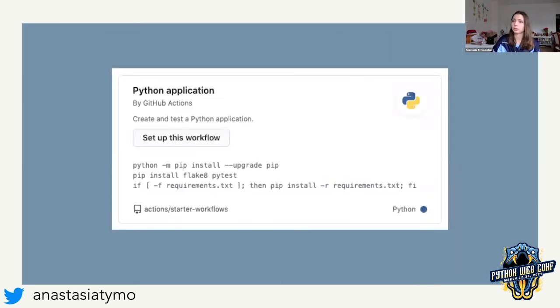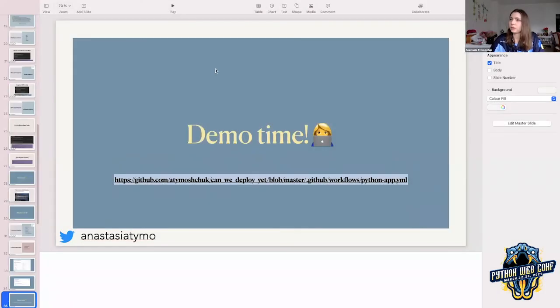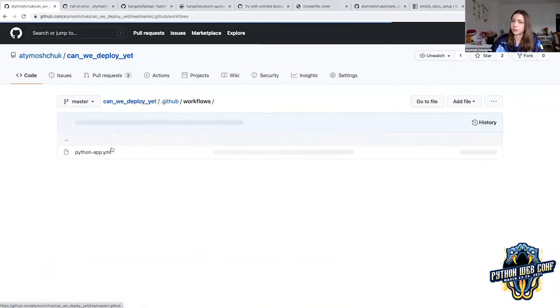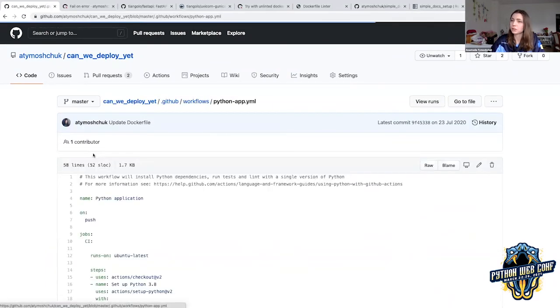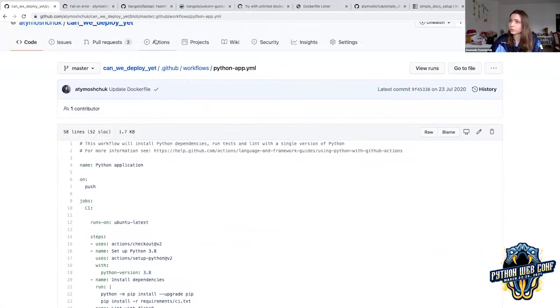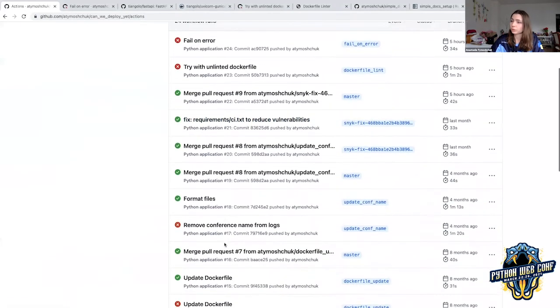Super simple. If you hit set up this workflow, it will generate a file automatically. It would add all the basic checkers out of the box, and then you can change them and tweak them based on what you need. So what I wanted to show you in the demo was actually this repo, where I did a pre-setup of a Python application. I will quickly go through it. It's super automatic, super easy. So those are the workflows which are running on every push